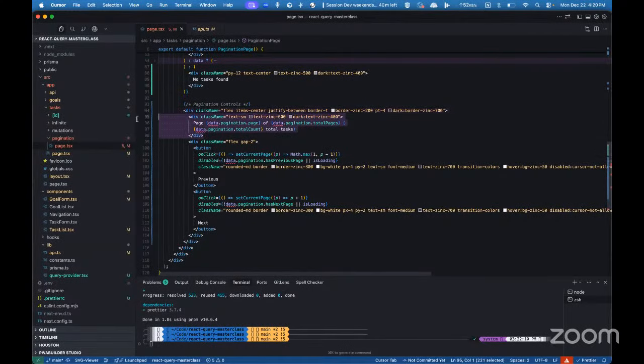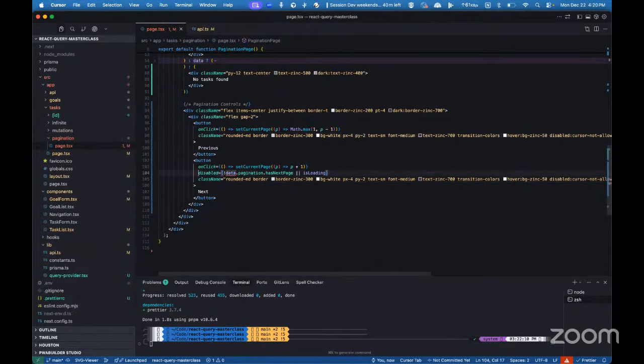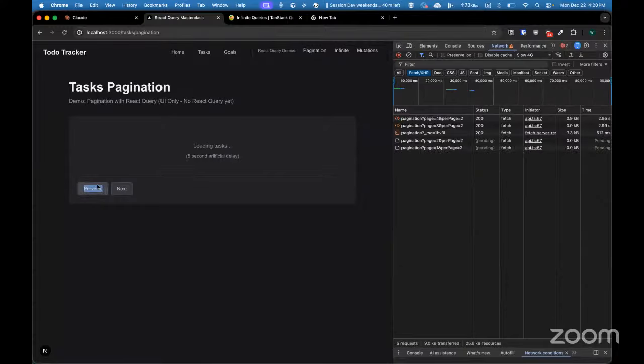Let's remove this for now. We don't need it. We don't need this as well. Right, we don't need this as well. So now we just have our pagination controls. Now if we quickly switch between pages,